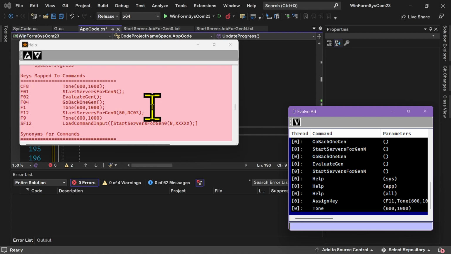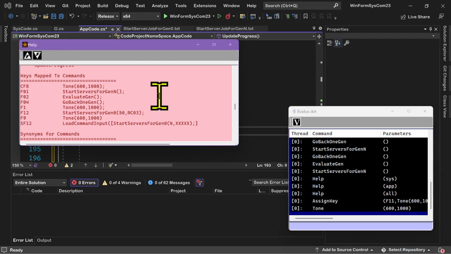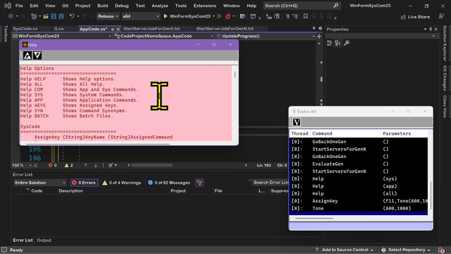Note that the function keys can be modified by Alt, Shift, or Control. So it means that you can have a total of 48 different function keys assigned. The only problem is some of the Alt function keys do things with my NVIDIA card, so I try to avoid using the Alt function keys. In any case, aside from the key mapping, which is kind of interesting because that helped me debug that other problem,